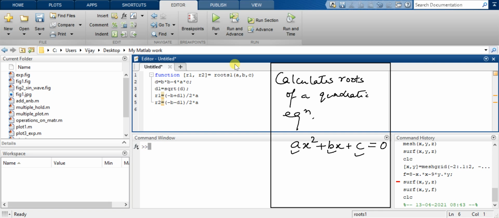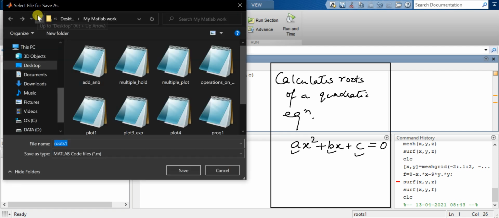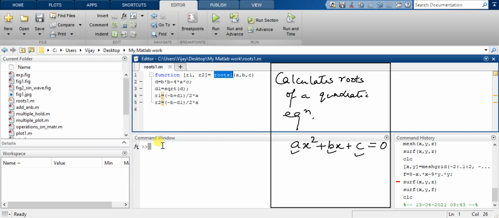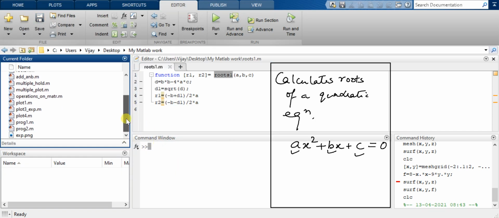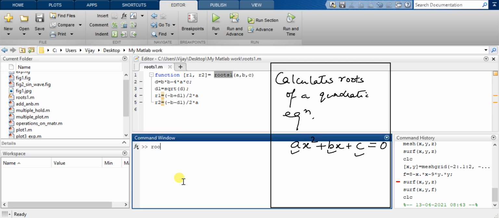So this completes the function, and you can save the function with its function name. That is, we have taken root1, so the function will be saved with that particular name. So you directly click save, and here the function root1 is stored. As you can see, the m file has an fx symbol, that is function, over here. So you can call this function simply by writing its name root1 and passing all the parameters, that is